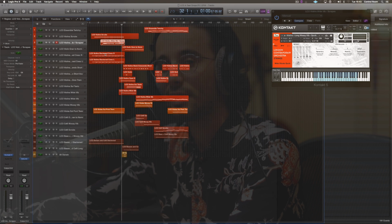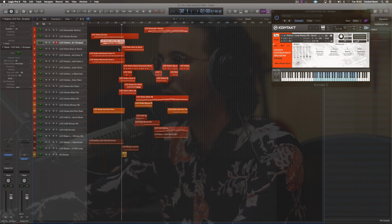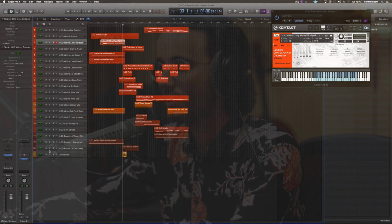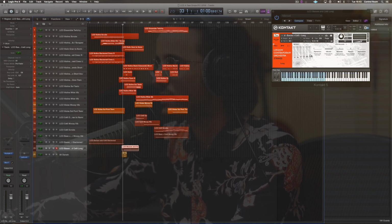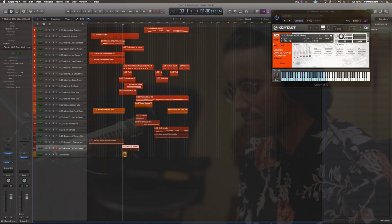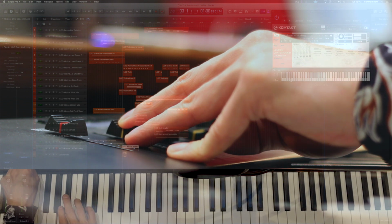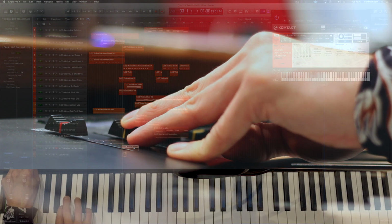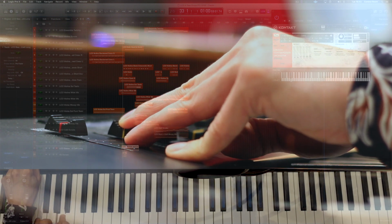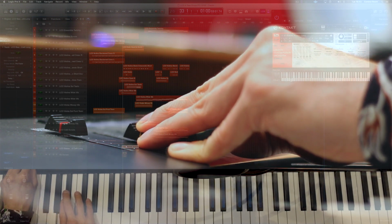So I've really gone into town in this part number one, and I've used most of the articulations just to test it out a little bit and to demonstrate as well. So here I'm using mix number two, the long ones, basses and cello, and it's slightly distorted. So after the change, after I've built up, I want to make it a bit heavy and a bit more ballsy, I guess. The wide whip